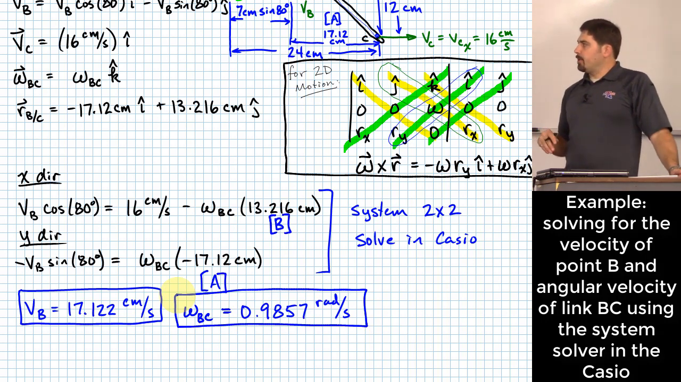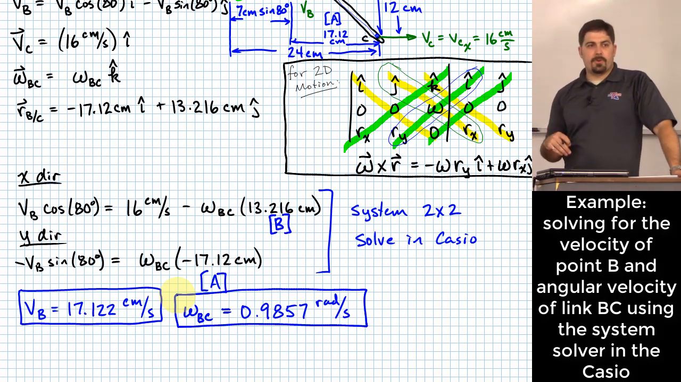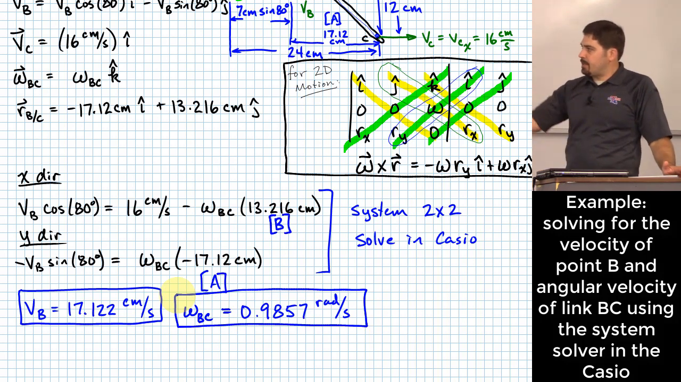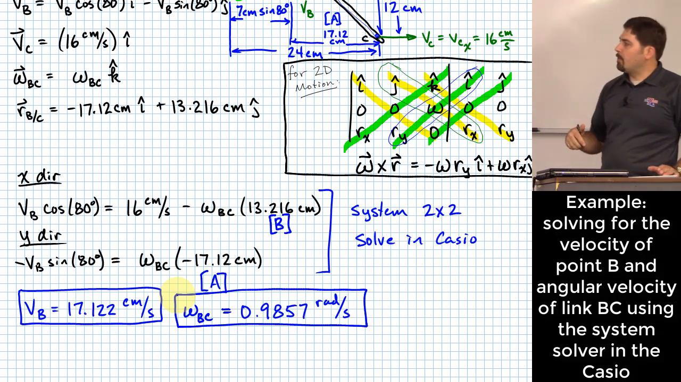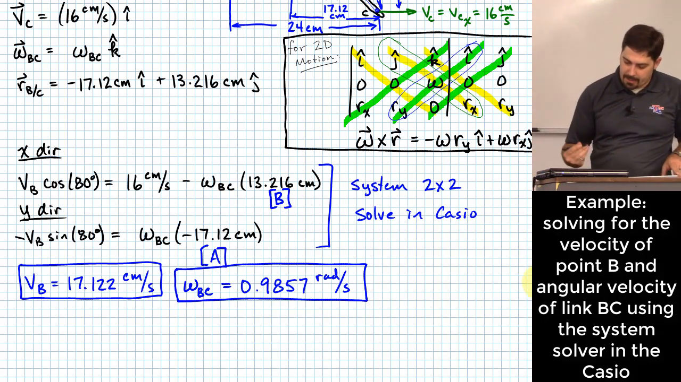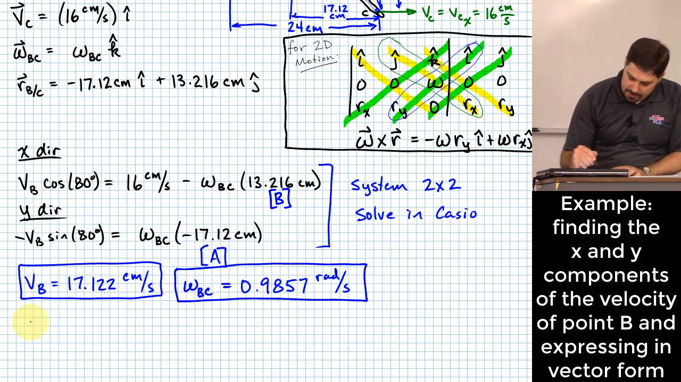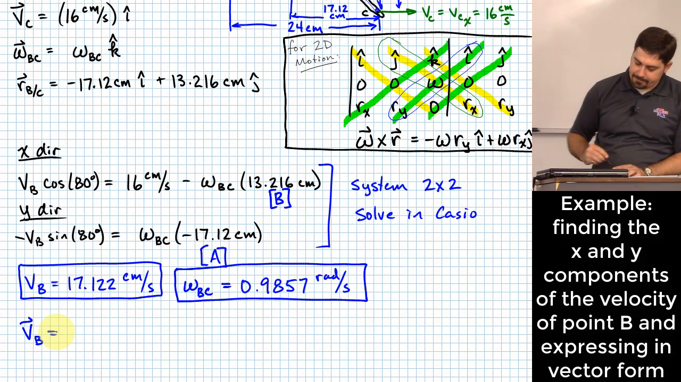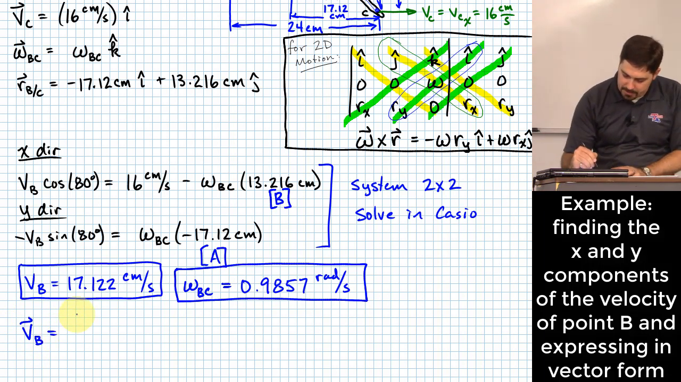All right, and depending on what form you're looking for as far as the outcome, it is possible that what you want is, instead of just a magnitude of that velocity at point B, you might want to know what the components of it are. So for instance, I might want to know what that velocity vector is. Well, it's just going to be equal to